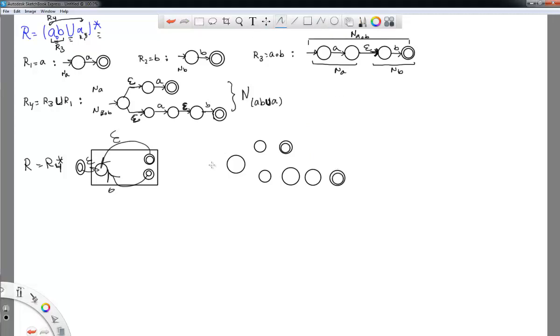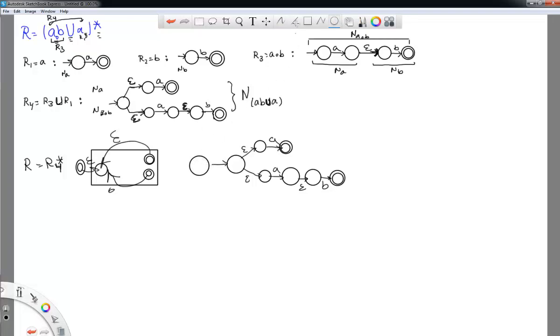So this is my N of A sub ABUA. So with epsilon transition, I'm going to go there, and then with an A, I'm going to go there, and then with A and epsilon here and a B. So this is my N of ABUA,